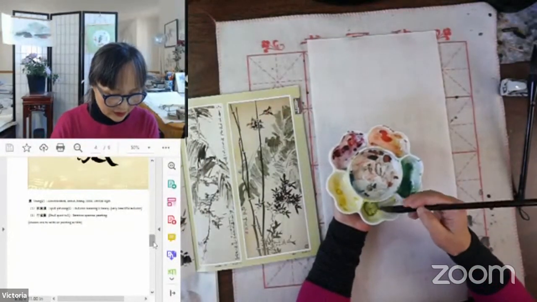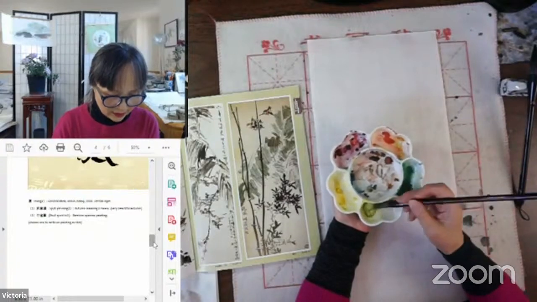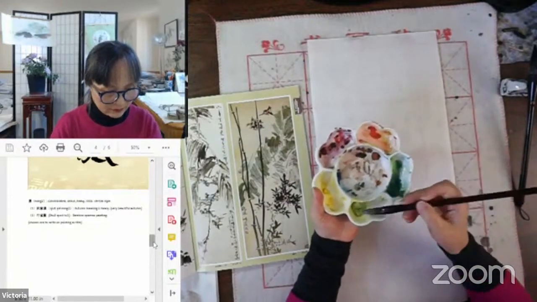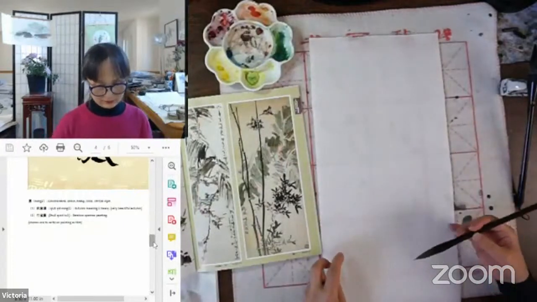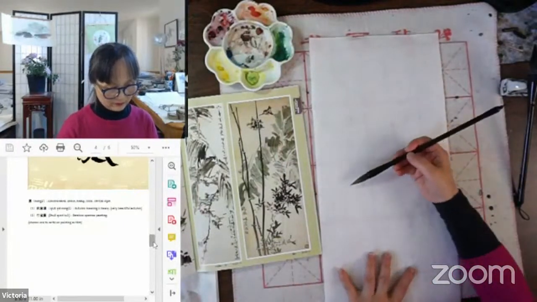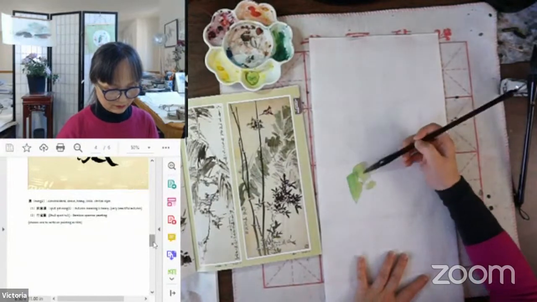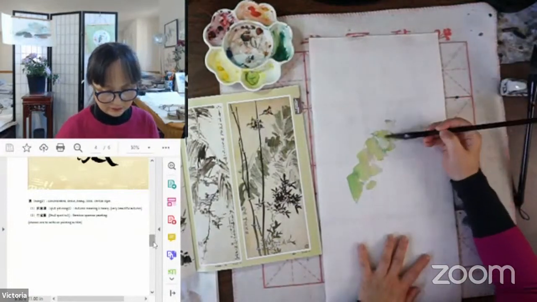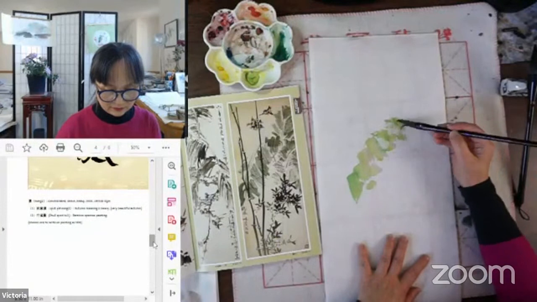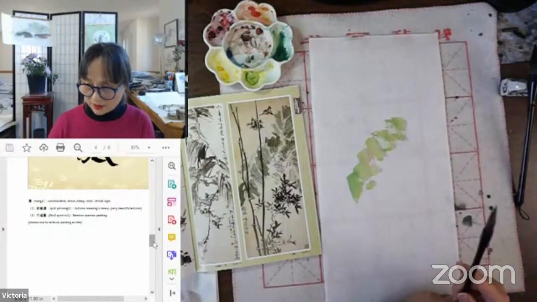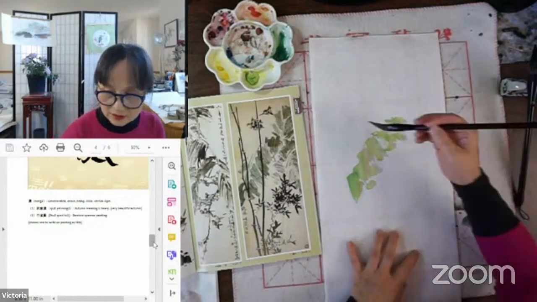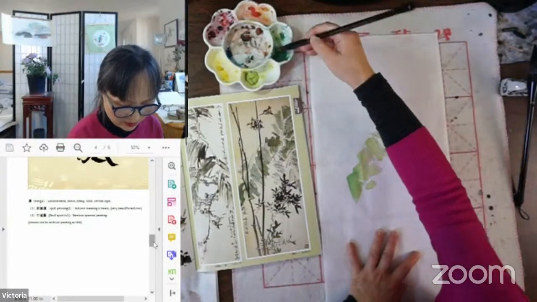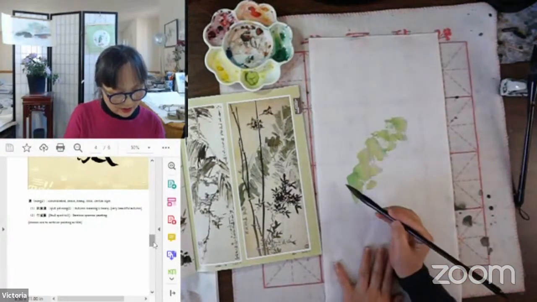And later the wing, I think the artist chose ink. And also I can do the banana leaves first. And for the tree, see here,